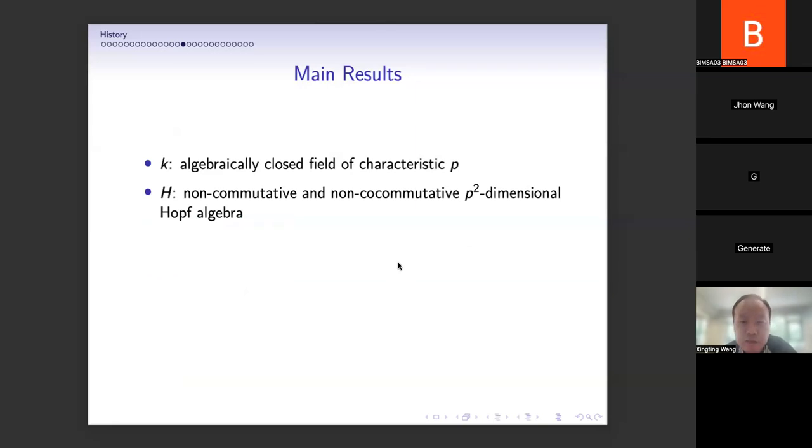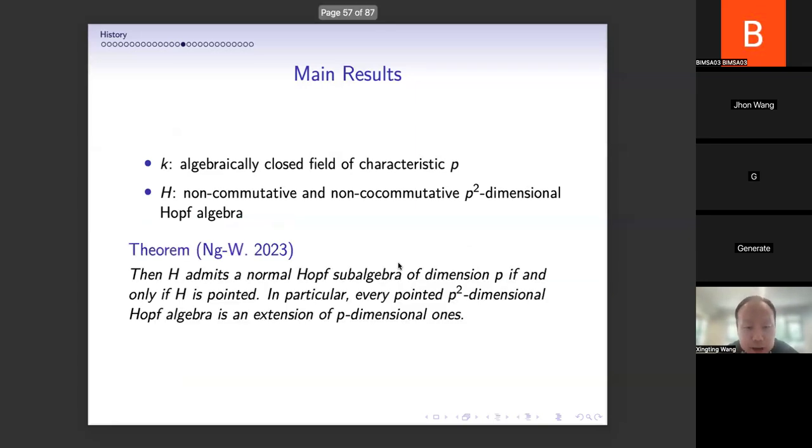So that's another result. The next result is that we show another characterization by normal Hopf subalgebras. We show that H admits a normal Hopf subalgebra if and only if H is pointed, and we show